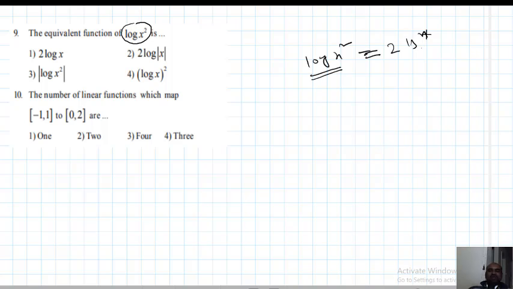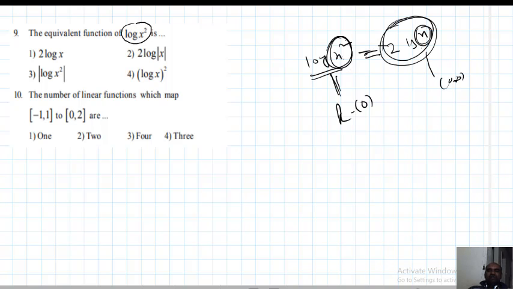Why, in the function sense, are these two not equal? Their domains are not the same. What is the domain? Any real number you can take for x, even negatives also, no? Minus 2 squared is 4 only. Except 0, everything you can take. So the domain of this is all real numbers except 0. But what is the domain of this? See, only x is there. All positive real numbers only, so the domain is the open interval 0 to infinity. So the domain of this function is not equal to the domain of this function, meaning these two functions are not equal. That's why log x square is not equal to 2 log x.